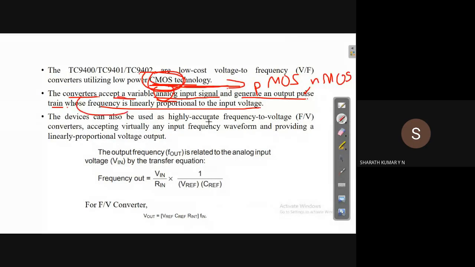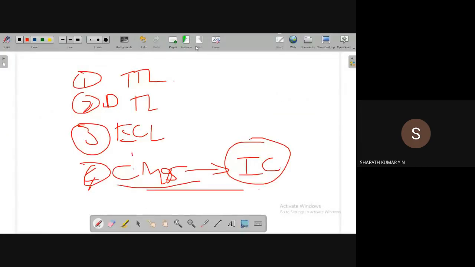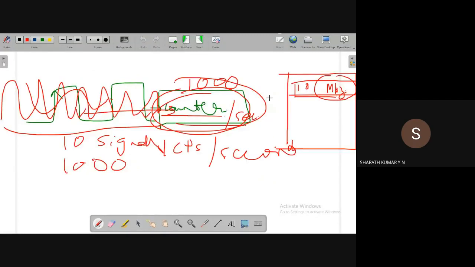So ultimately, for example, let's observe this kind of application. What is required is a voltage signal which has to be applied to the counter to measure a parameter of the voltage, for example, in terms of frequency. And this meter will accept only the varying signal with a particular frequency. So for such a case, we go for a voltage to frequency converter.